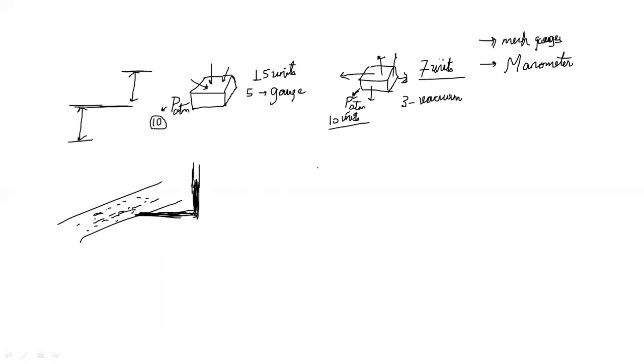Similarly, if I have a pipeline and I connect another tube here, and this tube is of some particular shape, and this shape contains a little amount of some other fluid which is heavier than the flowing fluid. For example, the fluid flowing inside this is water, and I have another tube with me wherein a little amount of mercury is filled. This shaded portion represents mercury. Now everybody knows that mercury is heavier than water and doesn't really mix with water. And the specific gravity of mercury is 13.6, and of water is 1. So a 13.6 times heavier liquid is filled in this tube.